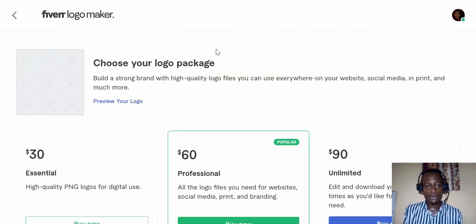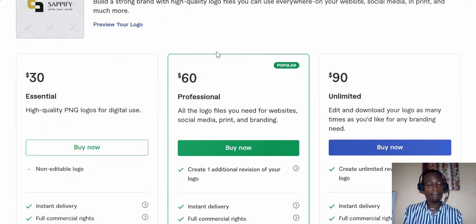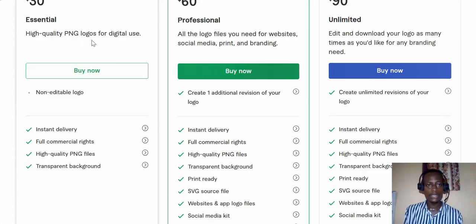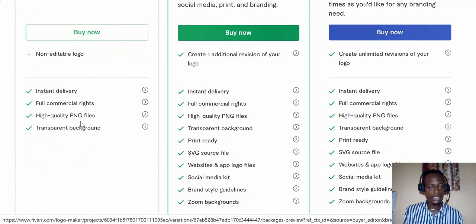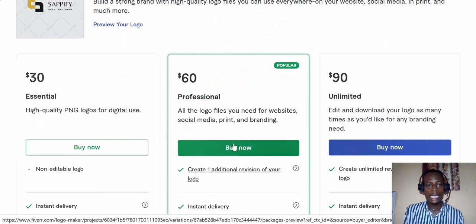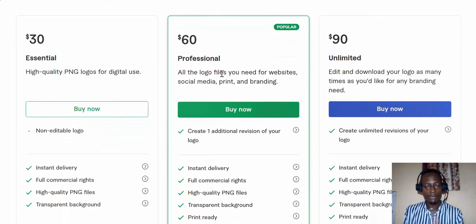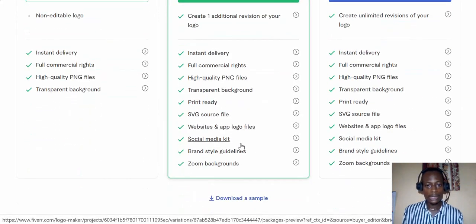Then it brings you to this page. Now there are different packages. You have the essential high quality PNG logo for digital use. Now instant delivery, full commercial rights, high quality PNG files, transparent background, and that is the essential. And you have the professional and unlimited. The professional is the most popular one, and this is why, because it comes with brand style guidelines, which